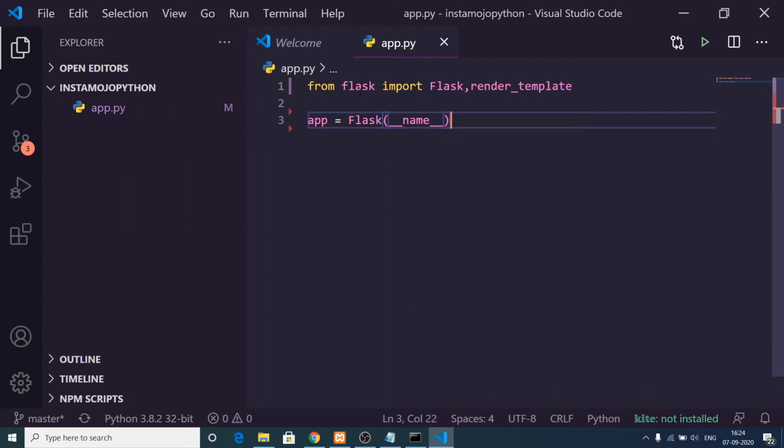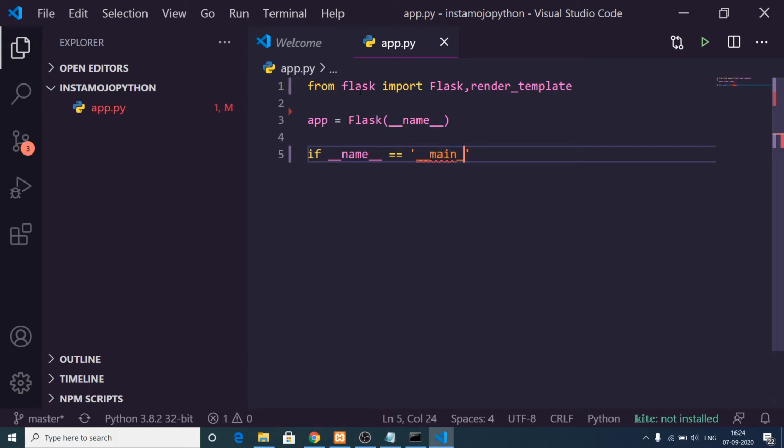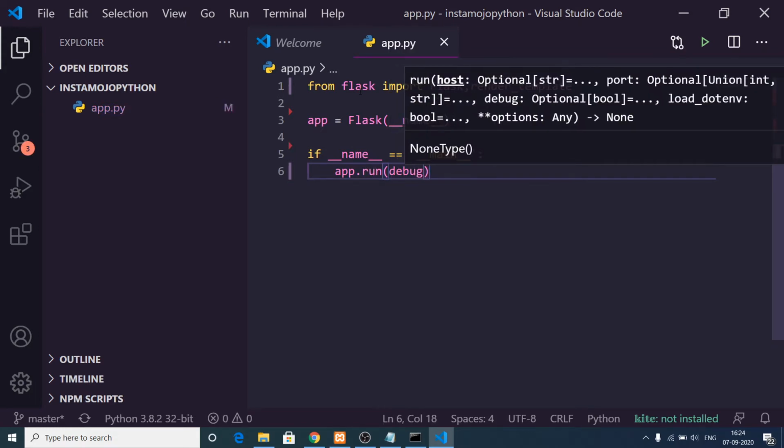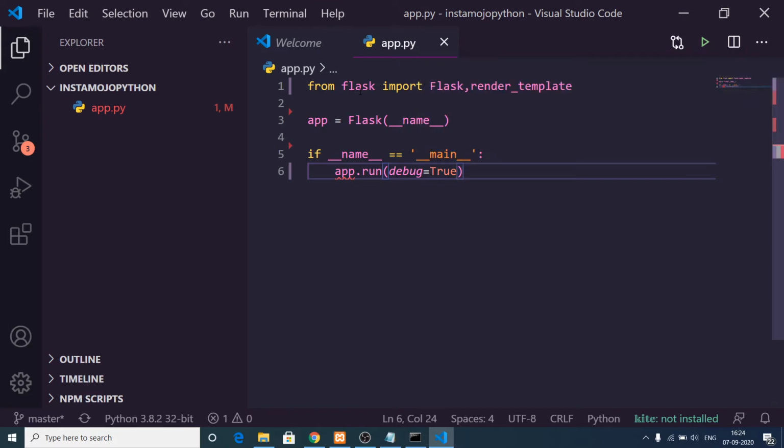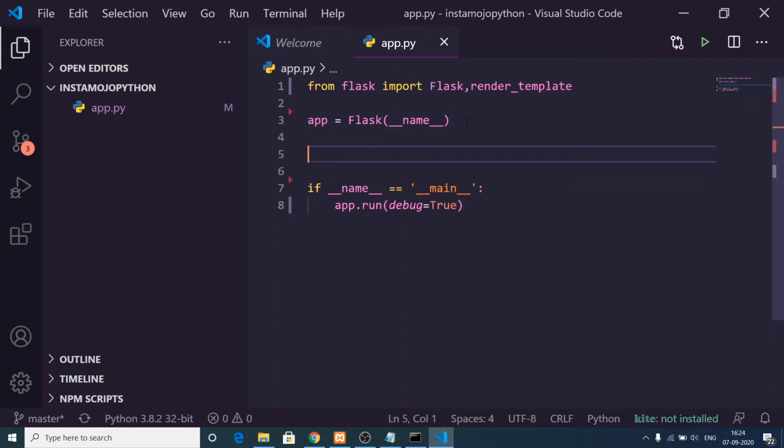This is the obvious way to start any Flask application, and then we will have an if condition. If name is equal to main, like this, in that case we need to run app.run, and inside this you need to pass debug is equal to true.